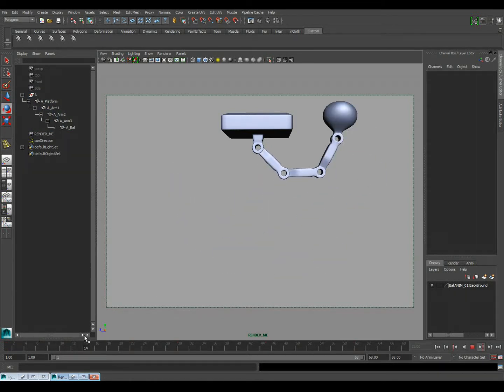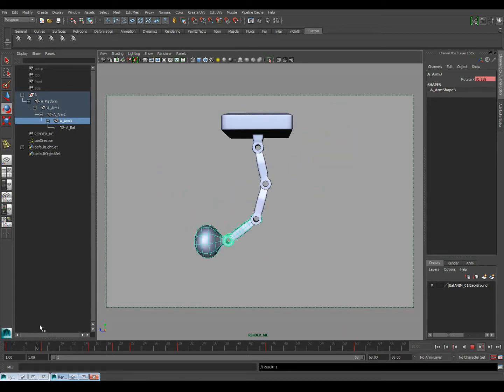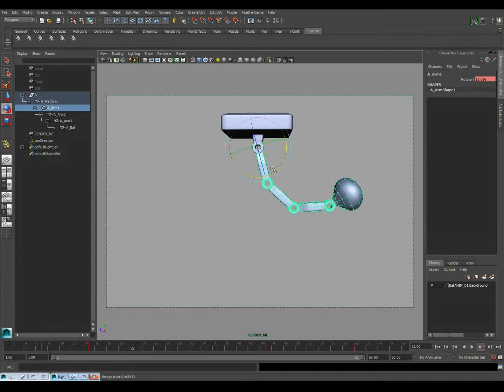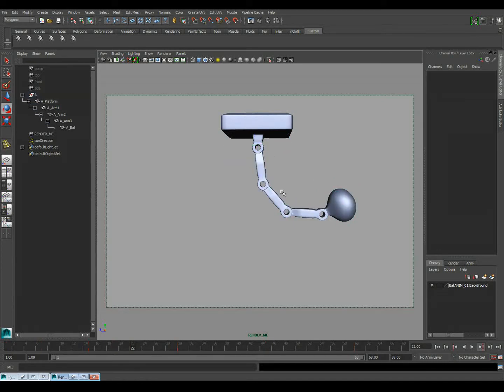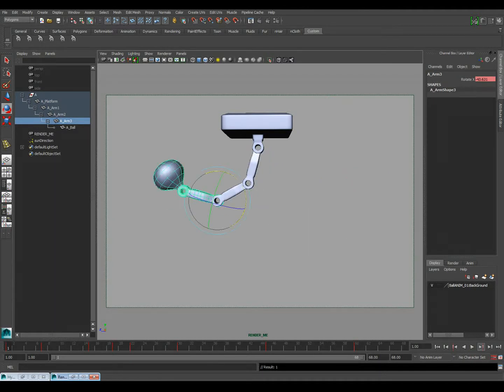So maybe like right here I can have this overshoot like this. And so now, without really offsetting any keyframes at all, I'm just manually keying in this overshoot. I can really make this animation look exactly the way I want to, and I'm really dragging this arm behind. And so if we watch this,